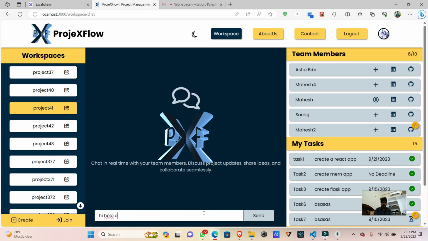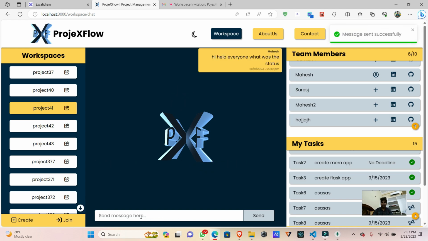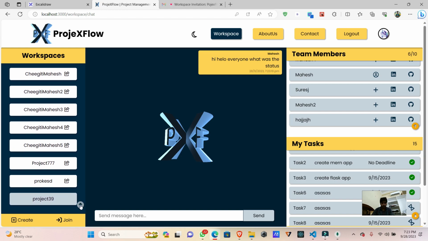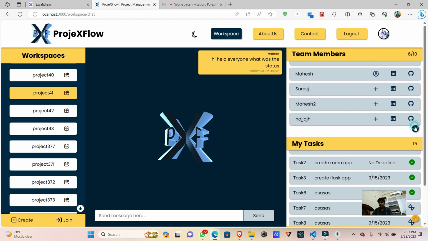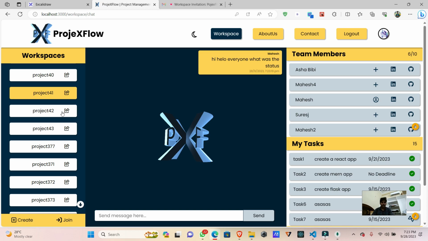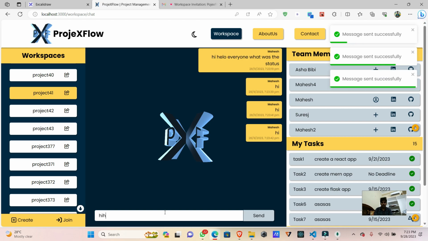Hi, hello everyone, what was the status? Like this we can do so many things. Everyone receives the messages here, and these are some draggable icons to scroll up and down. When scrolling down, it works like this, and these are the scroll buttons for the tasks and the teams. And for the chat section also, if I send more messages,